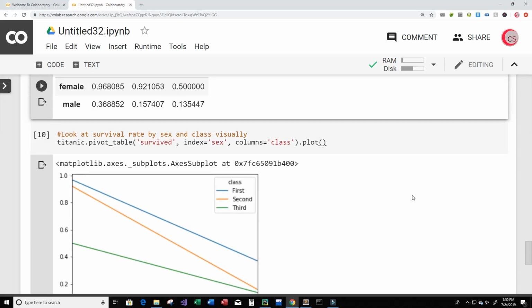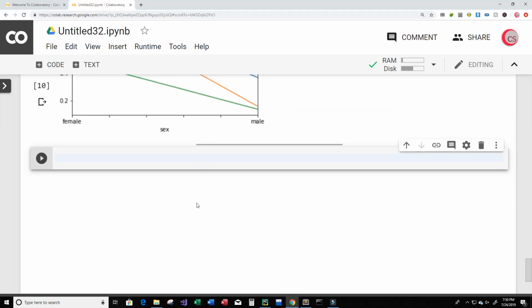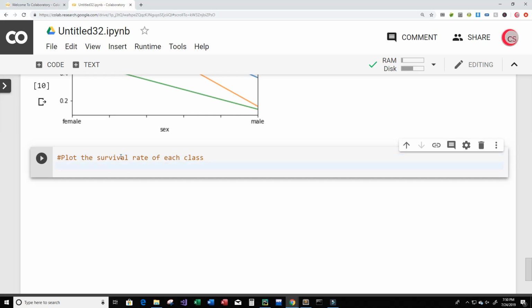All right, so I think maybe we'll do a few more charts, 3 more or maybe 4, to keep analyzing this data. Let's go ahead and create a new cell. I want to now plot the survival rate of each class. So to do that, I just type sns.barplot, and then we need to give it an x-axis. So x will equal class,